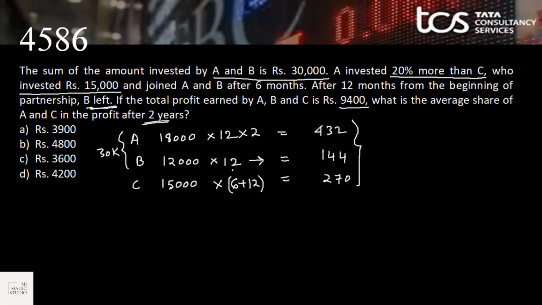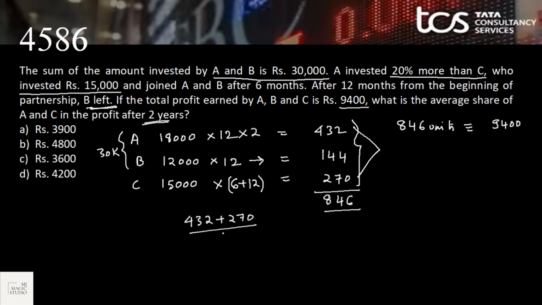Total profit is 9400. Now, let us find the total of this. This is 846. What is the average share of A and C in the profit after 2 years? Here we know that 846 units is equivalent to 9400 rupees. Now, what is the average share of A and C? The average share of A and C is 432 plus 270 divided by 2, that is 351. So 846 units is 9400, and 351 units should be equal to 9400 into 351 by